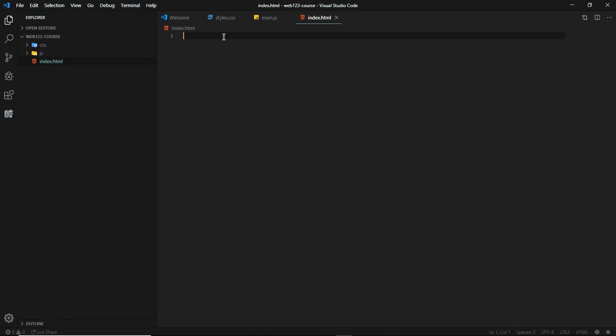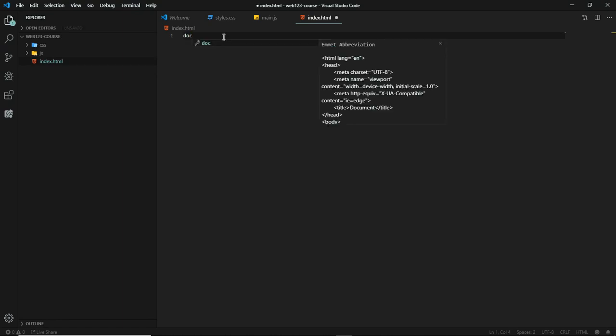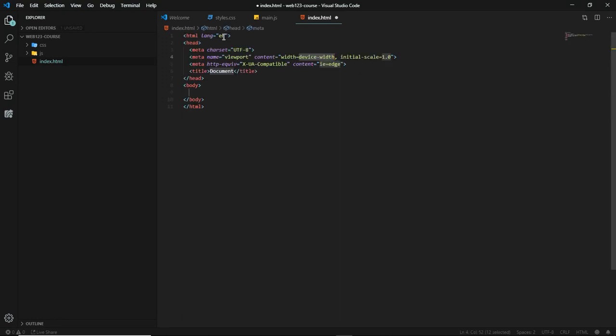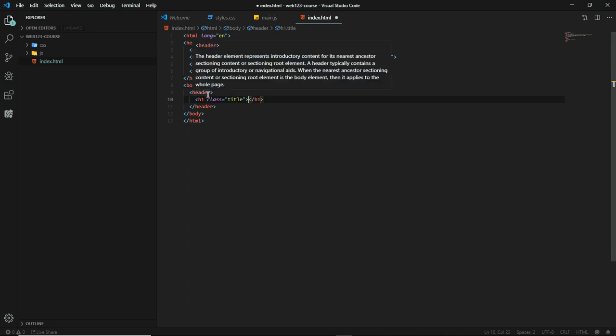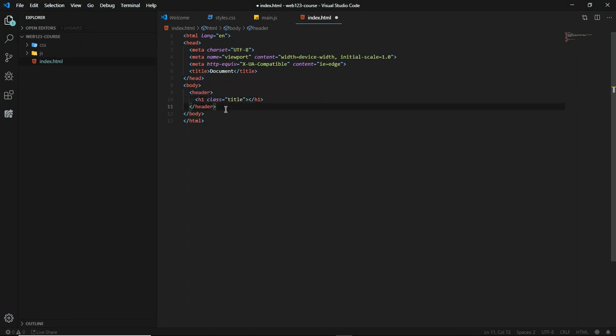So if I type out something like doc and I hit tab, okay, it will generate the basic initial structure of my HTML document. Okay, and then from there I can be in the body, for example, and let's say I want to add in a header, within that header, I want to put in H1, and within that H1, I want to put in a class of title, okay? And then I hit tab, and it will automatically generate the semantic header tag along with the H1 with a class of title. And then you can start typing out